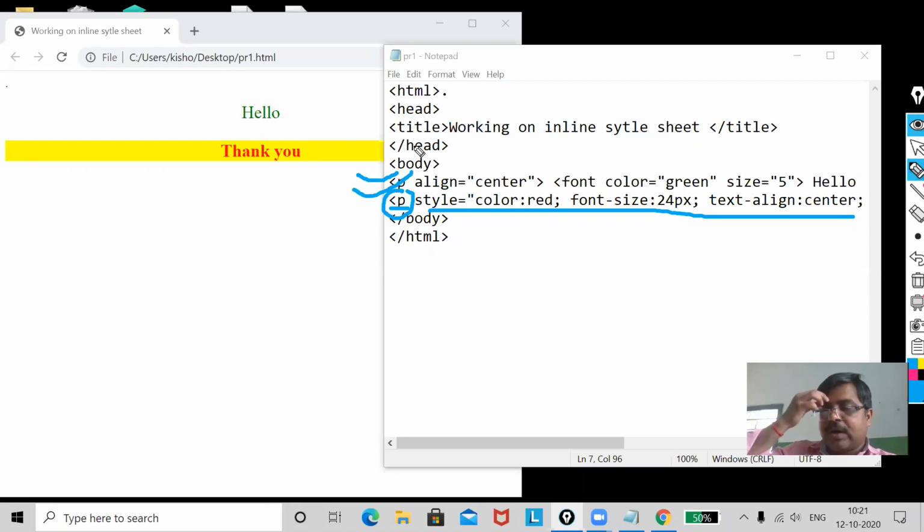I want to know one thing. Is it possible in this line to change the background color of hello? No. But CSS gives you a lot of facilities. You can have your text formatted in any way. It is up to you. Understood?